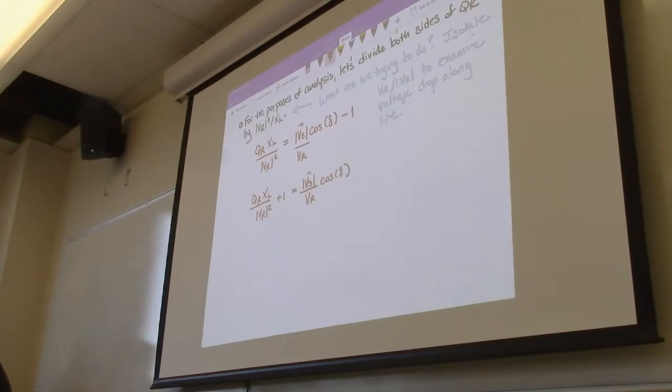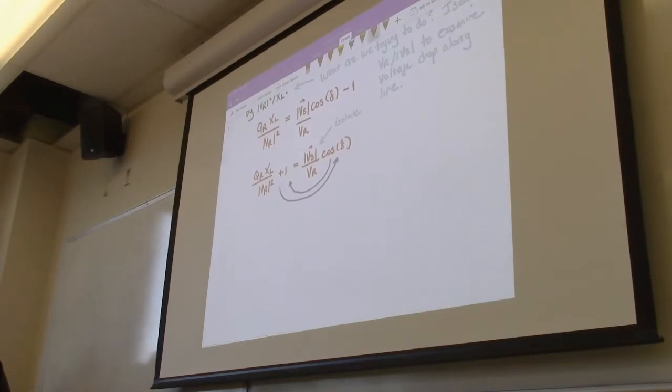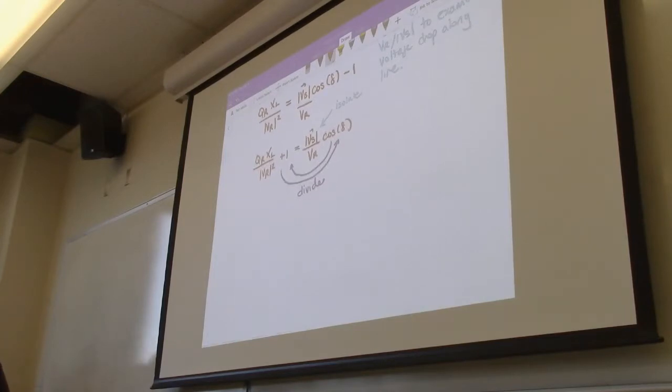We are going to then do something where we are going to divide by this, and we're going to divide by that. So we're going to switch the sides over because we're trying to isolate this right here. So what we're going to end up with after we do this switch is we are going to end up with